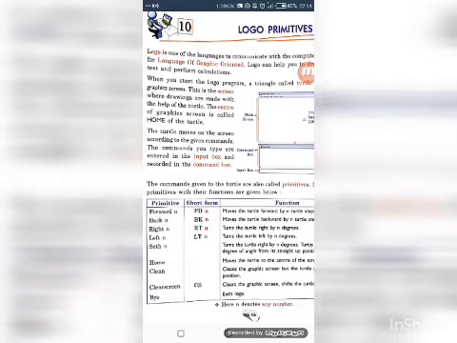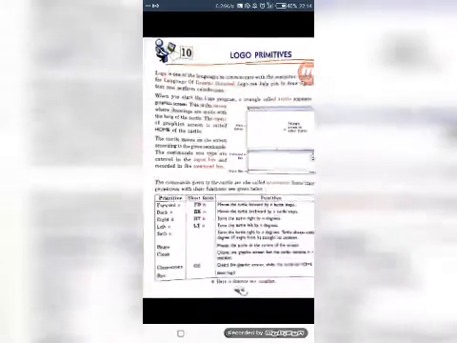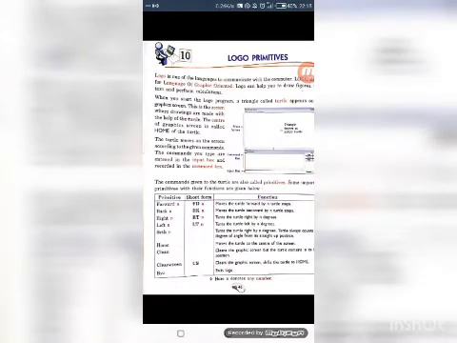It will take our turtle in forward direction by n steps. Then we have another command, back, and its short form is BK. Again, n is any number. It is up to you how many steps you want your turtle to cover.